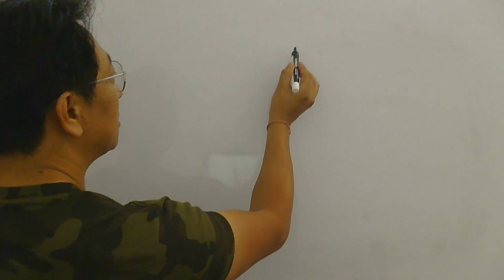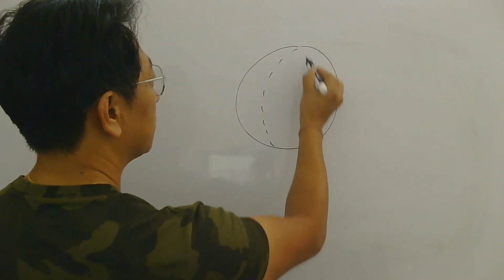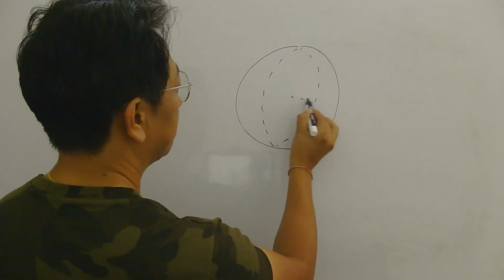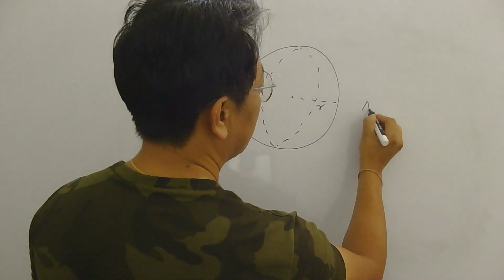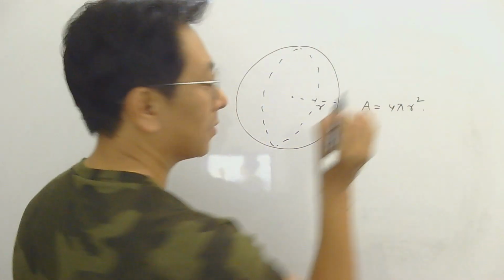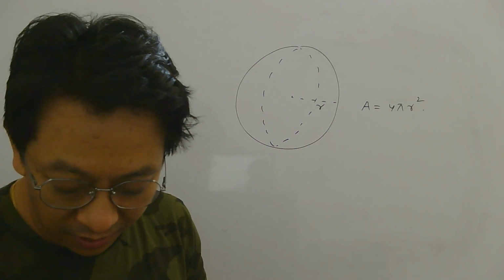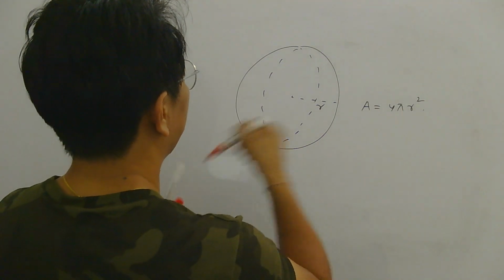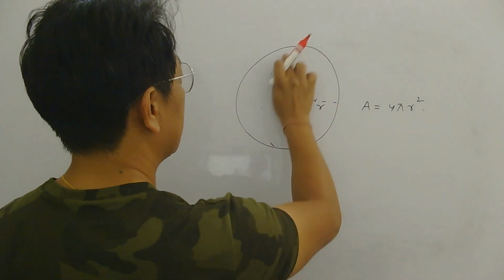So imagine this is a spherical surface, three-dimensional, whose radius is r. Then we all know the total surface area of a sphere is 4 pi r square, isn't it? All of us know this. Now, if I take a small part of this surface, okay, let me remove this. So if I take a small part,